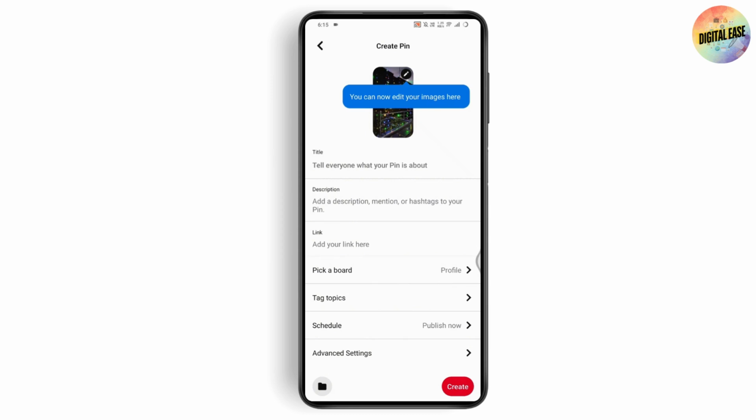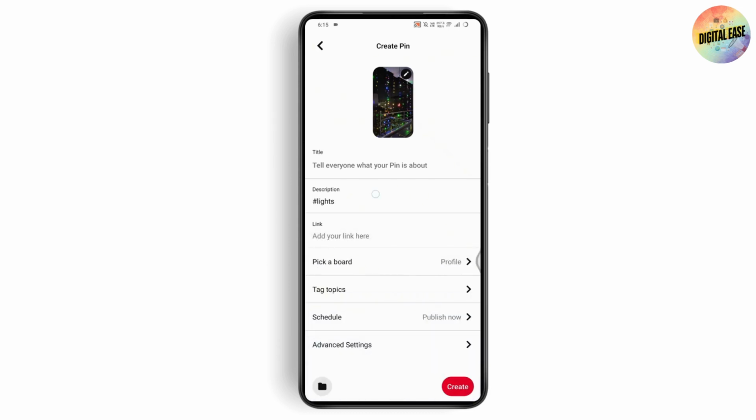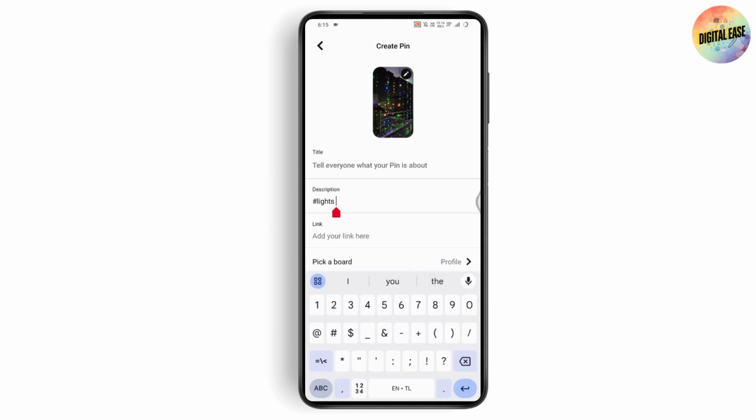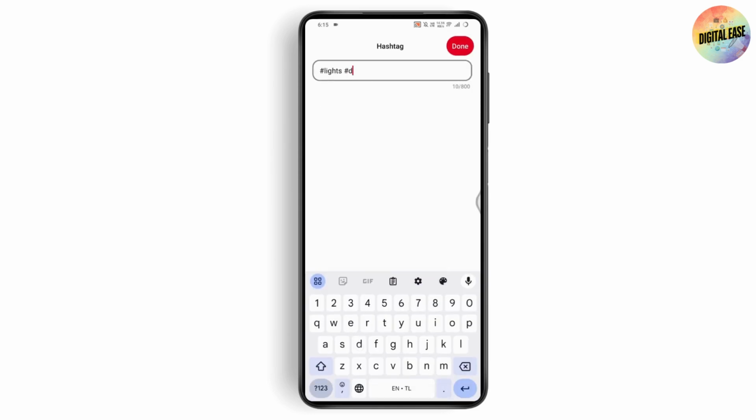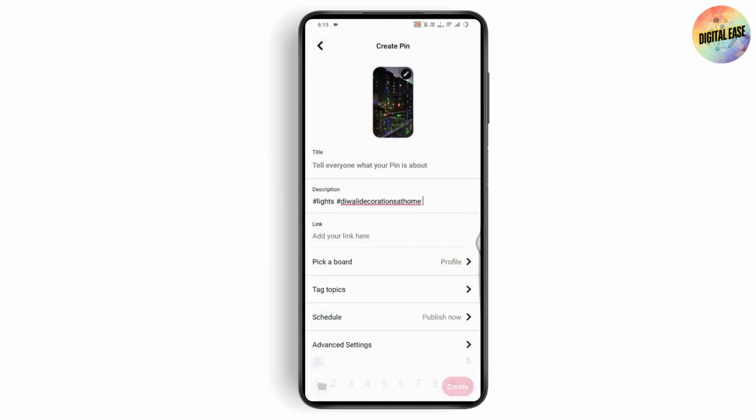So I have the lights right there. So under the description I can go with lights, and then it's the time of a festival which is known as Diwali. So I'll be choosing Diwali, or Diwali decorations at home, and you can add your link and then pick a board and everything, and after that go with create, which is on the bottom right. So that's how you can use